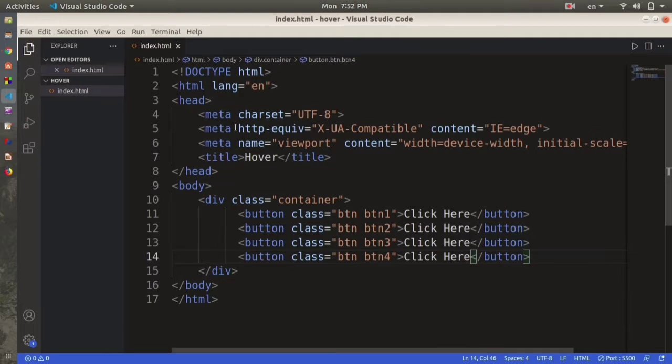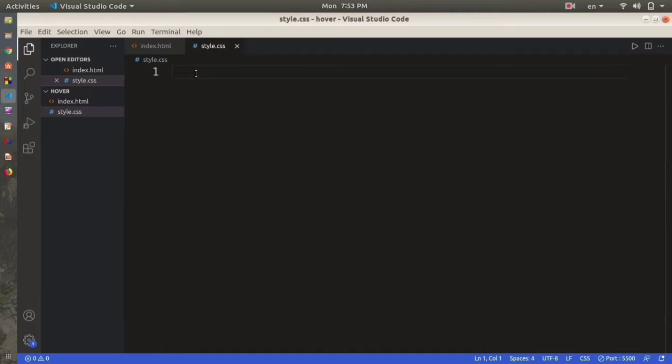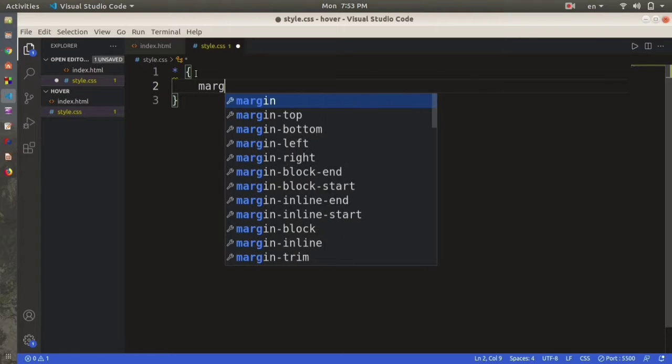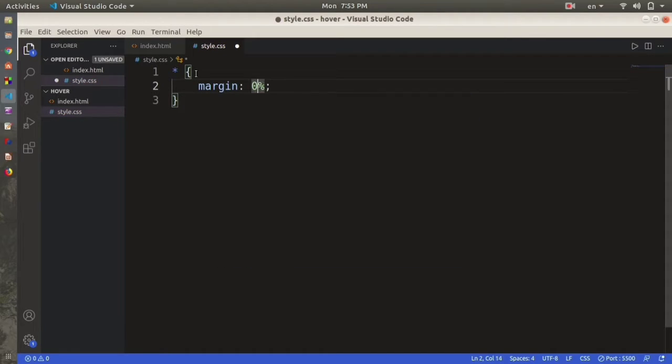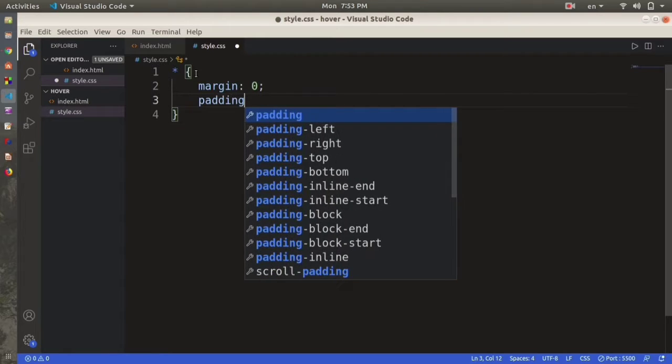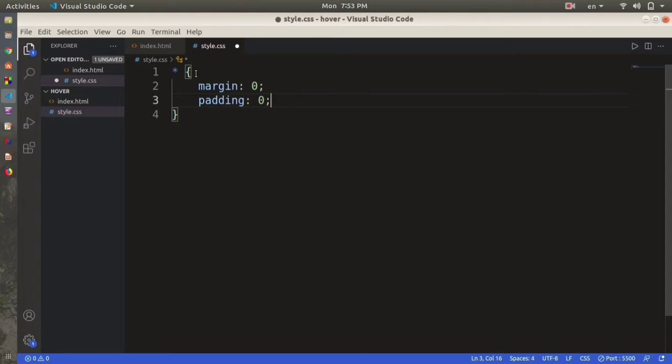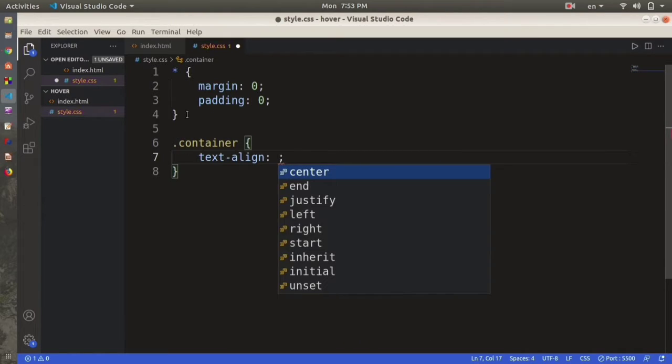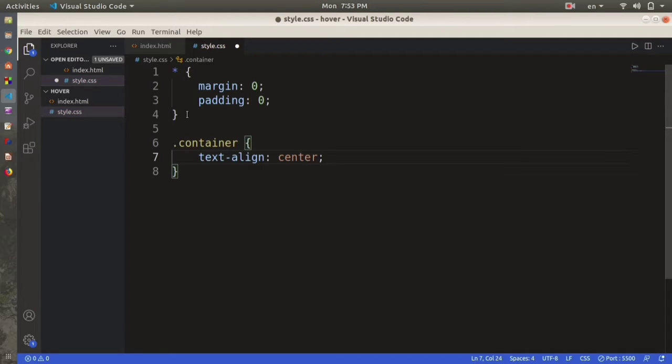Now we are going to do the styling. So for that we are going to create the style.css. So here at first we are going to style our body. So for that we are going to use margin 0 and padding 0. Then we are going to use our class, which is container, and here we are going to use text align center, because we want those buttons to be on center. Then we are going to use margin